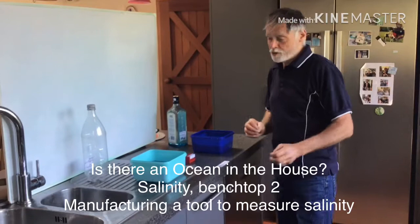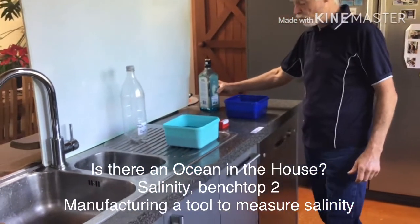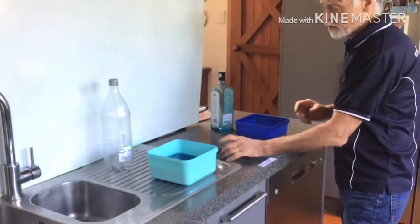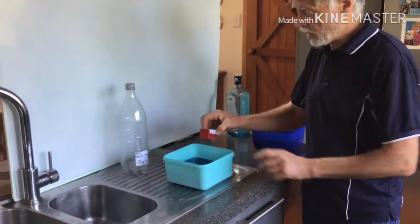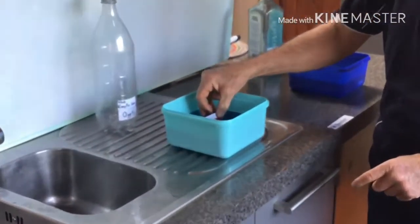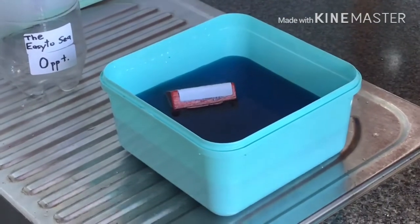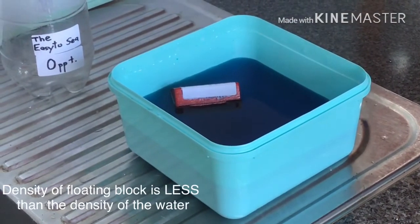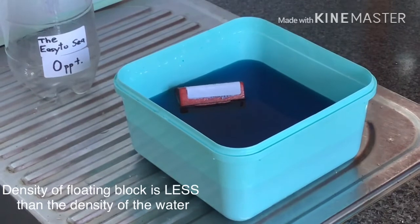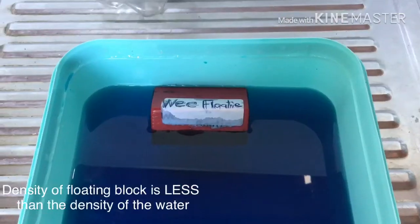Okay, we're going to do a little experiment here with our two solutions, 0 parts per thousand and 100 parts per thousand. The 0 parts per thousand, which has the density of 1, we put our little floaty in here, and if you come up close you can see that the density of the block is less than the water, therefore it is floating, and it's in line with that top